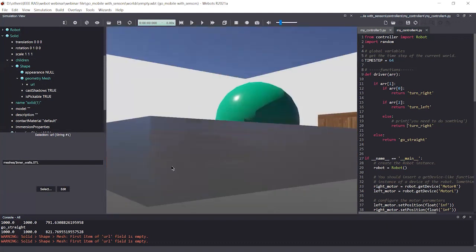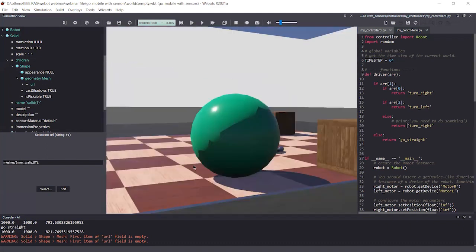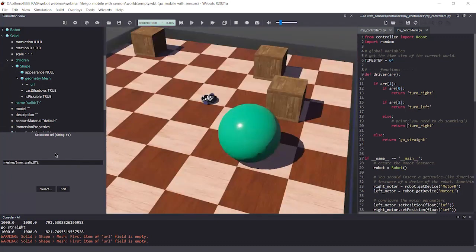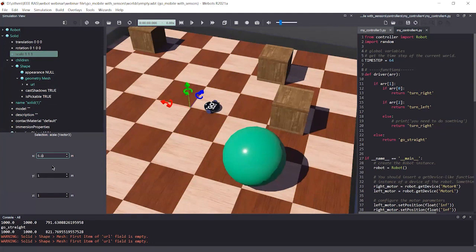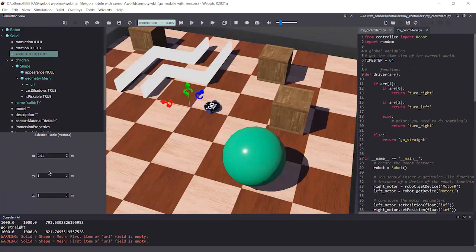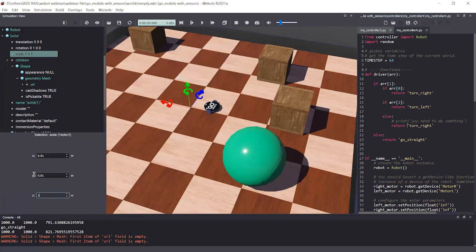It is very large because in SolidWorks this was defined in centimeter scale. So we need to change the scale to millimeter. So let's change this to 0.1, 0.1, and this 0.01. Oh, sorry. This is one.